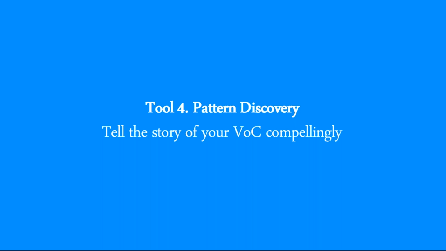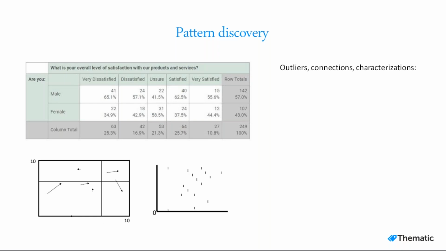All right, for pattern discovery and telling the story of your voice of the customer compellingly, what you're really looking for is outliers, connections, and characterizations. So we've been talking about characterizing your data financially and in the language that people use. Here we're looking for patterns within the data itself in any one study that you do. And you can see that I've got a crosstab chart on the left-hand side. The most simple thing that people use is top box versus bottom box, but